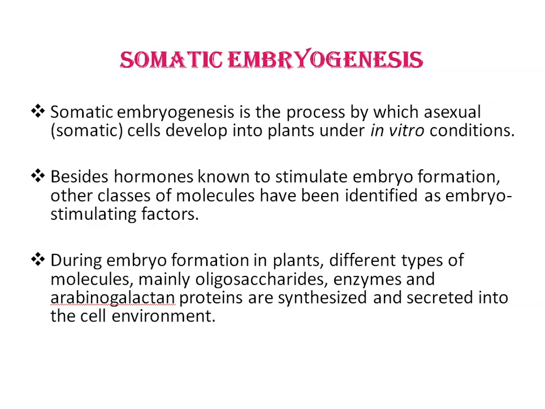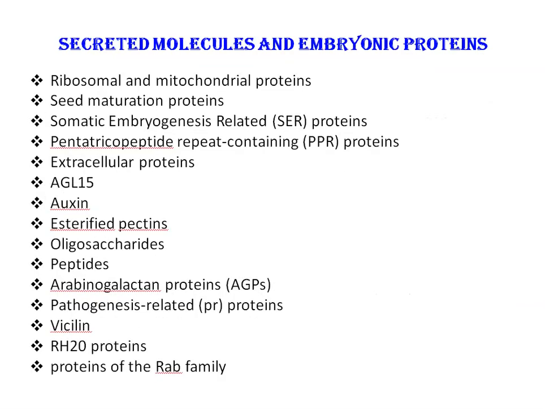Hormones are known to stimulate embryo formation. Besides hormones, other classes of molecules have also been identified as embryo-stimulating factors. During embryo formation in plants, different types of molecules like oligosaccharides, enzymes, and arabinogalactan proteins are synthesized and secreted into the cell environment. Some important secreted molecules and embryonic proteins that play a vital role in somatic embryogenesis are